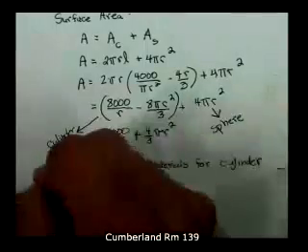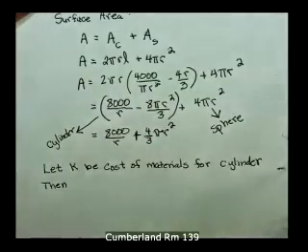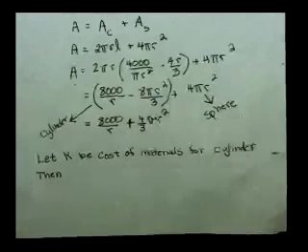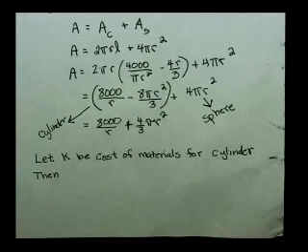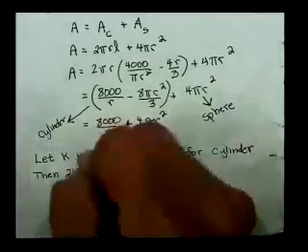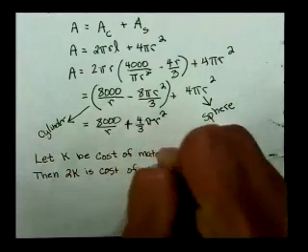Then what would the cost of the materials for the sphere be? I don't know. Just 2K. Oh. Twice the cost of the material for the cylinder. So 2K is the cost of materials